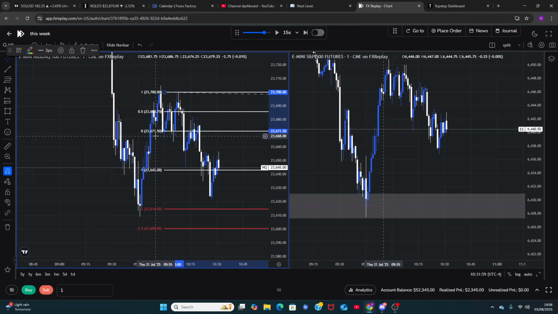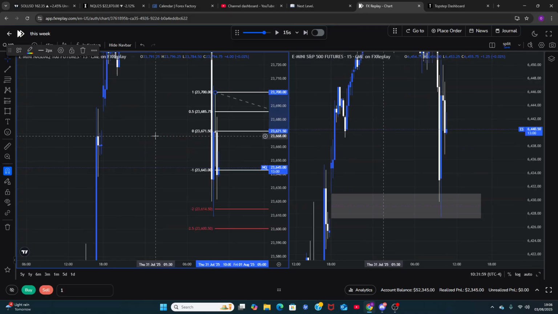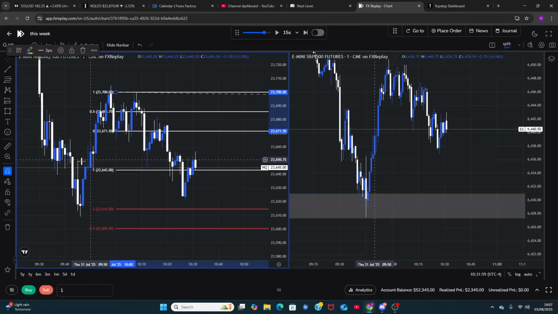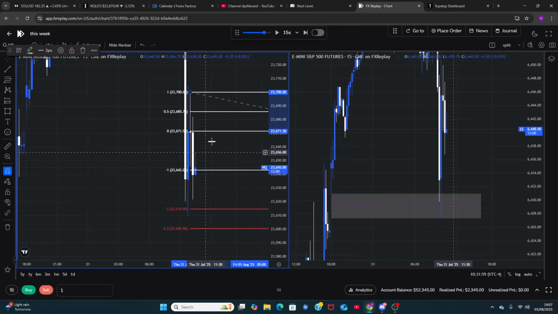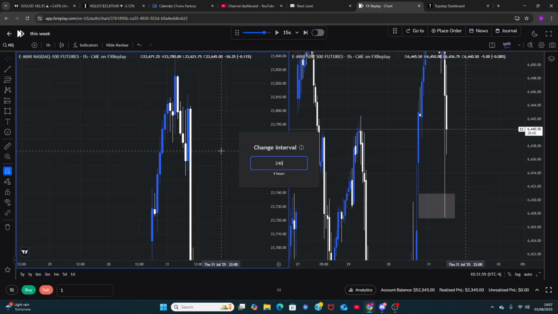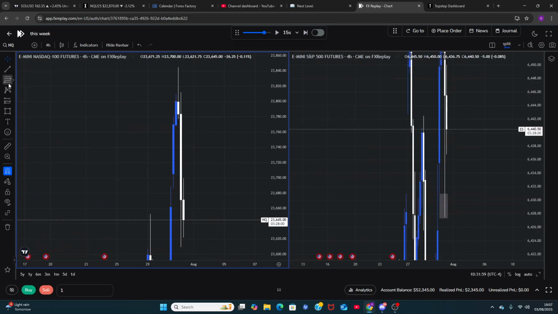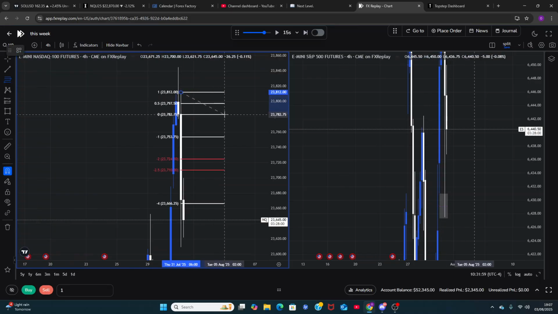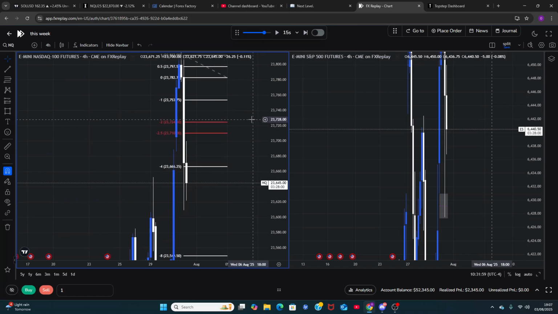Yeah, is that right? That looks right. I'm pretty sure that's right. Wait, where's the 15-minute candle? No, that doesn't look right. That's for later. That's not for the trade we try to take. That's later. We probably have to do it in 4 hour. This one, order block respect, pretty good. Yeah, that's pretty good, right?